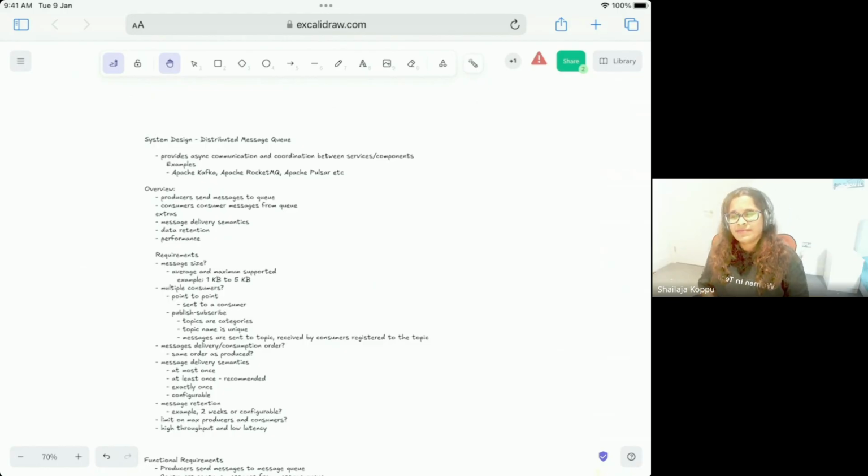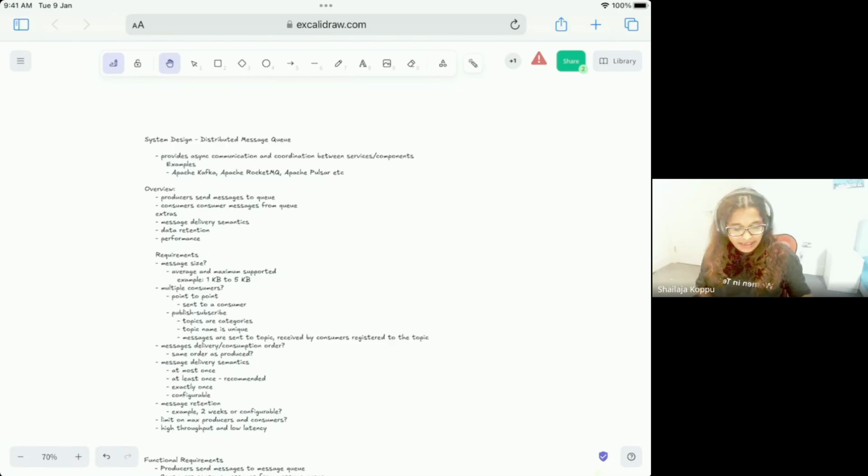So from there onwards, as a senior engineer, as a staff or principal level engineer, it's your responsibility to start digging. So what you do, first you talk to multiple people, understand why you need this, and then you ask the right set of questions. What are the requirements? Who are the customers? What do they need, etc. So that's what they want to test. They check, are you asking the right set of questions to the interviewer or not?